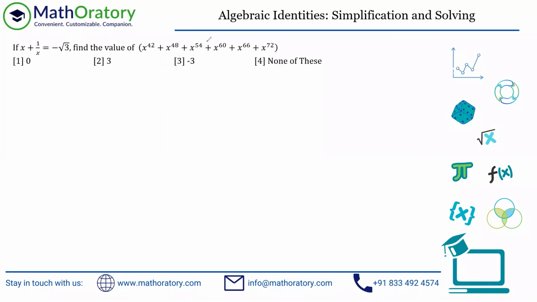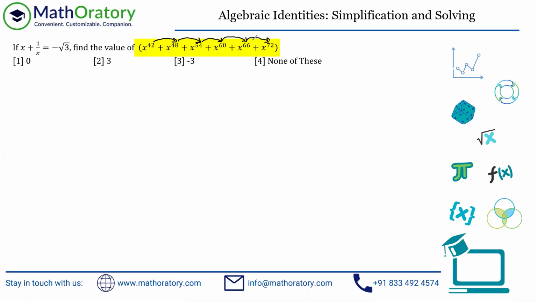This is a brilliant observation based question. The only observation you have to make is in the requirement. So for example, in this particular summation that is required to be found, you can see that the powers are increasing by 6 every time, right? And I'll mention something important here. You'll understand why that is relevant after a while.